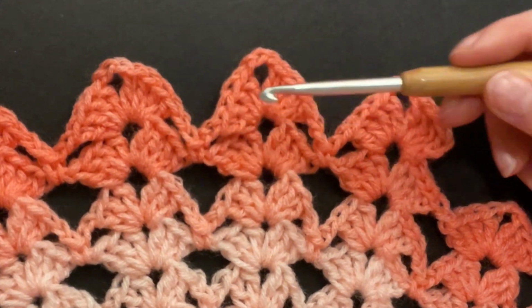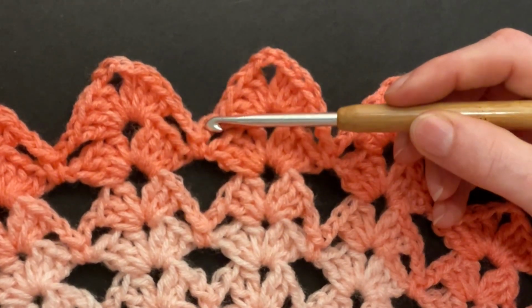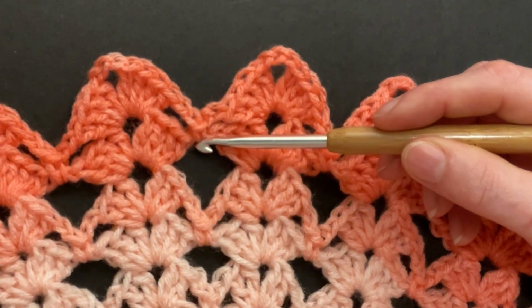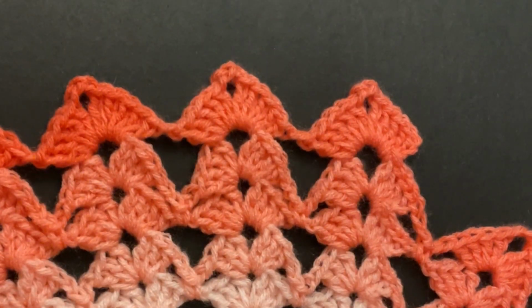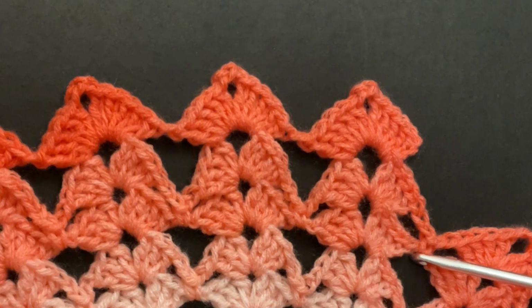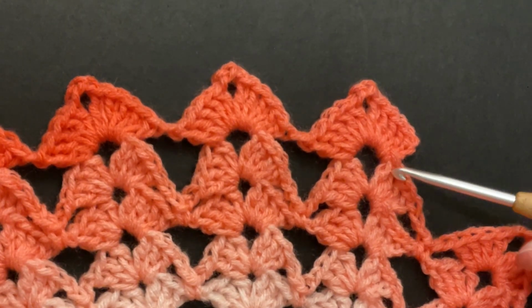Then make 4 more doubles into the shell stitch, then make 2 chains, a single crochet, and 2 chains into the next chain space, and repeat everything 25 times. Finish round 19, make a chain of 2 and a single crochet in the chain of 2 into the last chain space, then make 5 slip stitches into the third chain, into the 3 doubles and into the chain space,